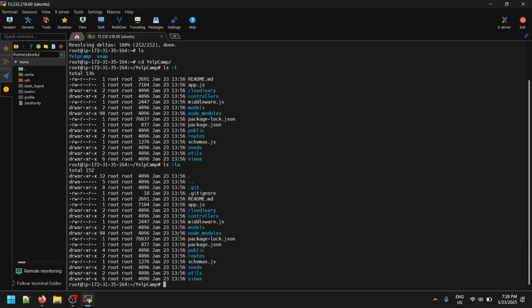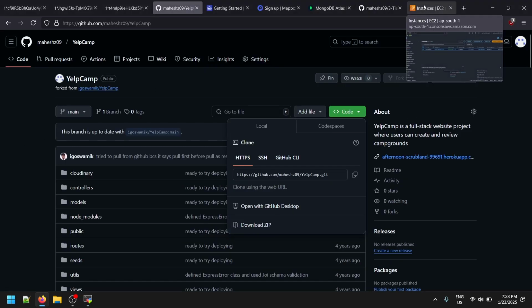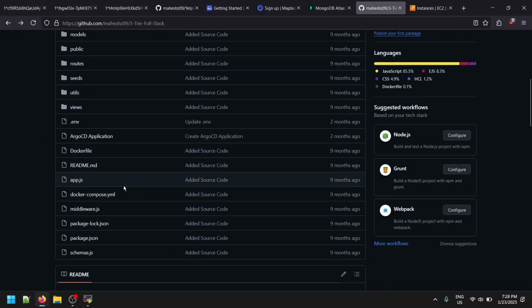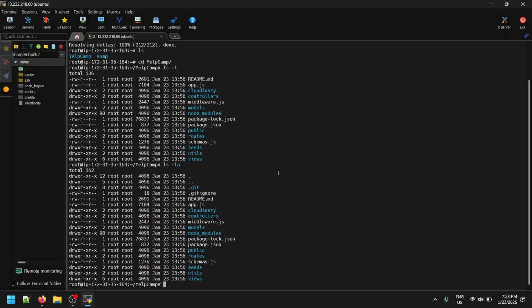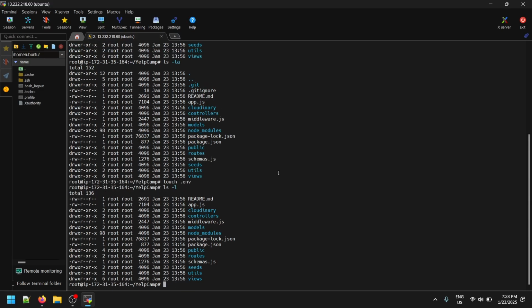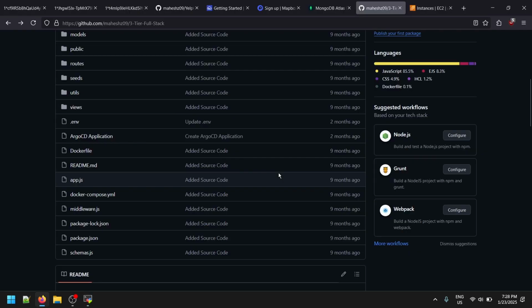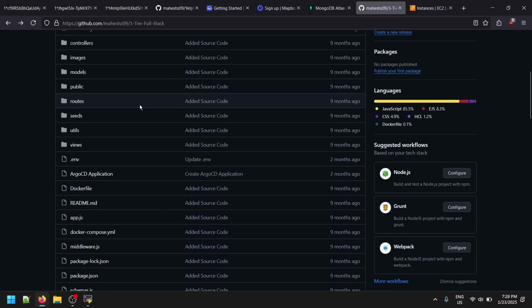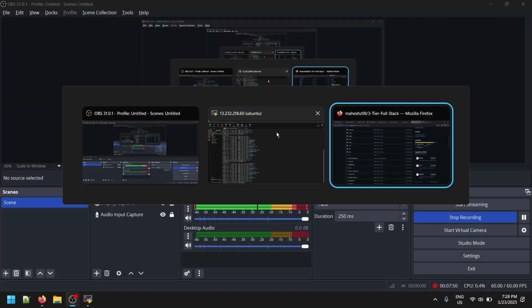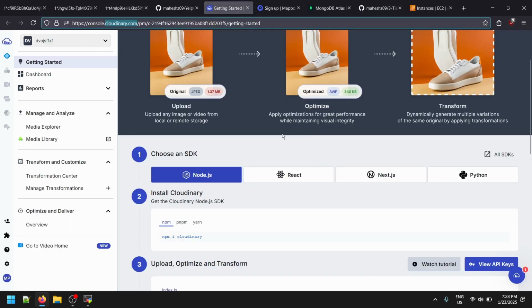So if you haven't found that file, you need to create one. Just do touch .env. Mainly this application works on that .env file, and to give an overview about that,